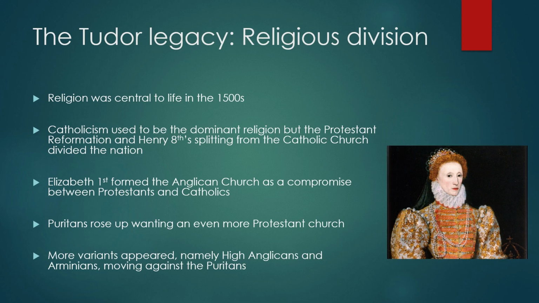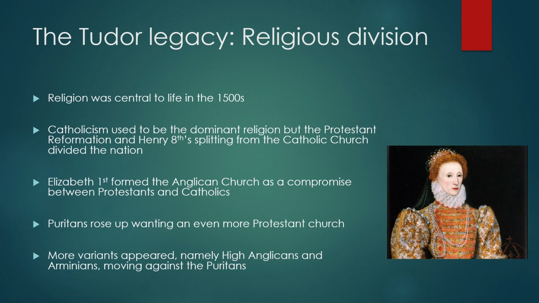But the main one to be aware of now is that the Puritans rose up and they wanted an even more Protestant church. They wanted everything to be focused around the Bible, the Word of God, which is very different to how Catholics believe in worship in a much higher state. But this compromise Elizabeth set up was going to last for the remainder of her time in power and pass on to James I when he came over from Scotland to rule in her stead.